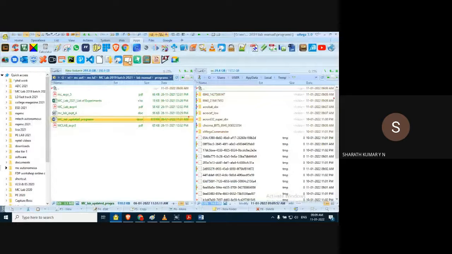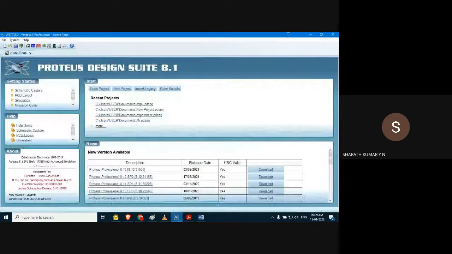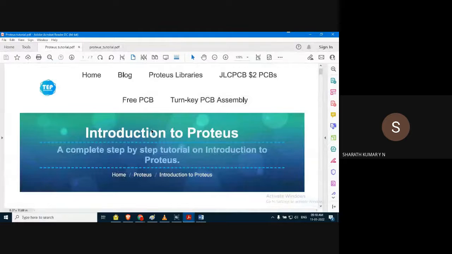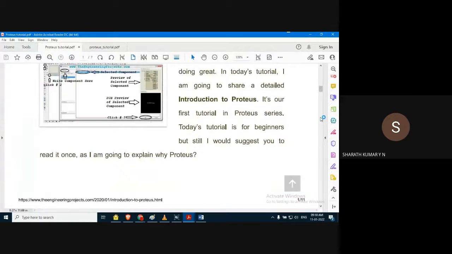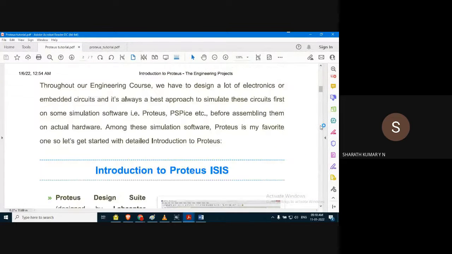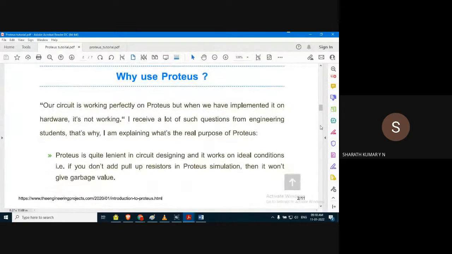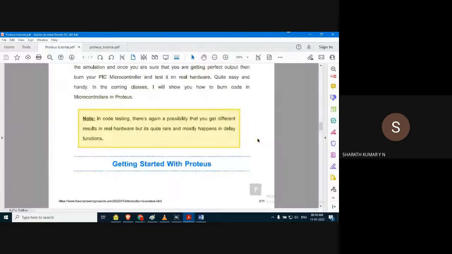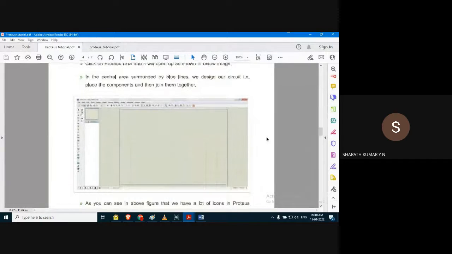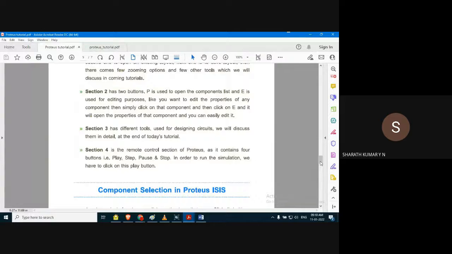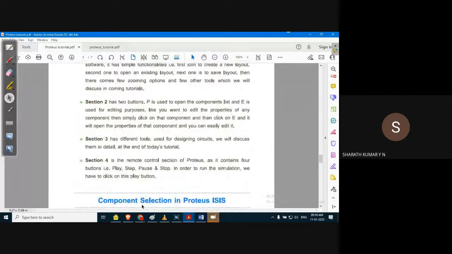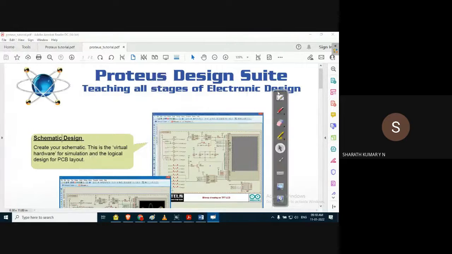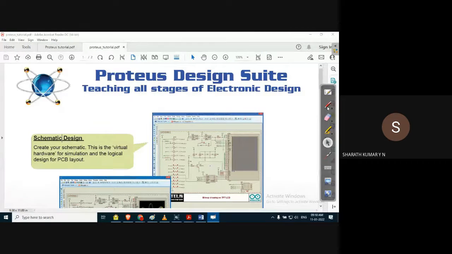Let me open this. A lot of software we have to open. Yes, here we go. So in fact I got two tutorials. This one I downloaded from the internet. I think it's already shared, or else I'll share it, no problem. Why is Proteus software used? What is the advantage of using Proteus software? Things are explained in a little detail. So you can go to this document, which is from the Labcenter, which owns the Proteus software.